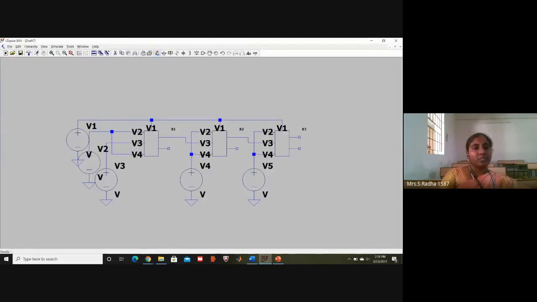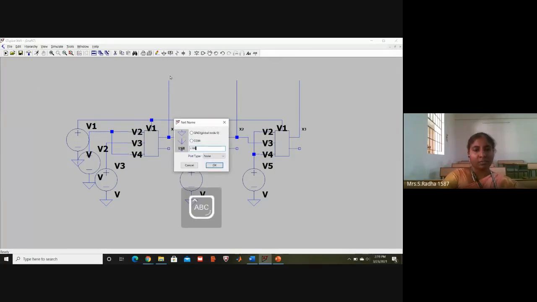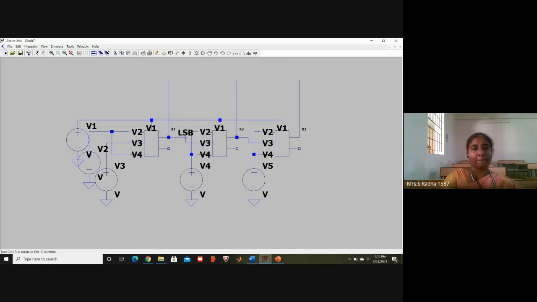And I will make projections in the beginning where the clock is coming inside, that is LSB bit output. And this is the next bit output. Just to have some idea, we are making a projected wiring. This is MSB bit. If you want, you can also give label LSB pin, LSB output. We have to connect on the line. Then again, one more label, MSB bit. You have to put the square on the line, only then that label will be considered.